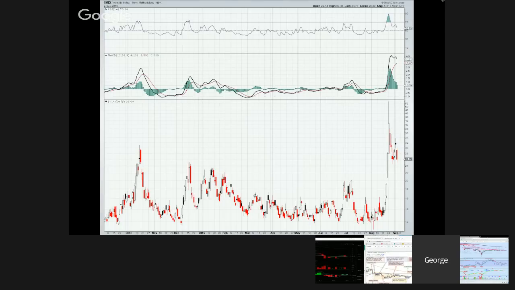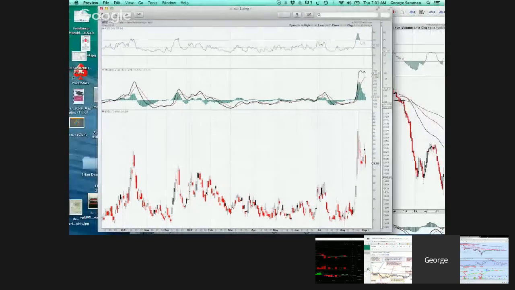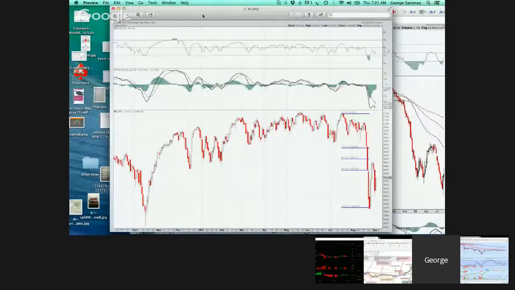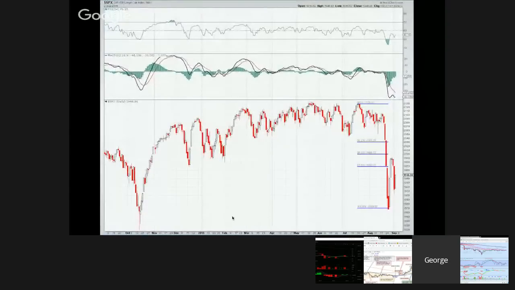Next chart I'll show you is the S&P. So here it is, and this chart is a daily chart going back a year. I put in some Fibonacci levels from the bottom here. The 61.8% level was 1968, and we got up there, and then we've fallen back through it. I think we had a strong day today, a really bad day yesterday, and the day before.